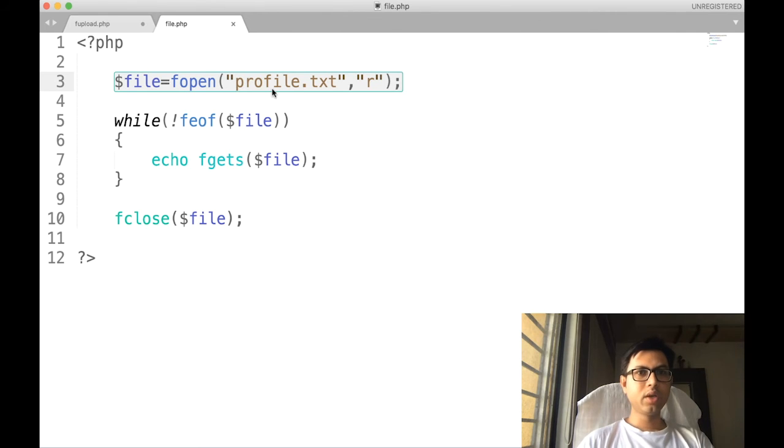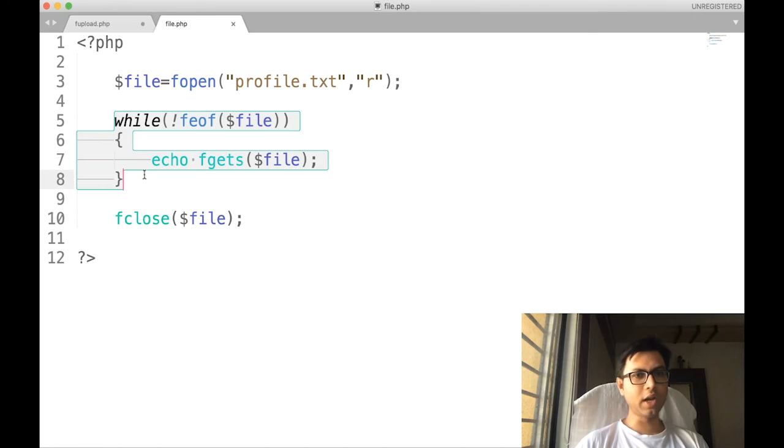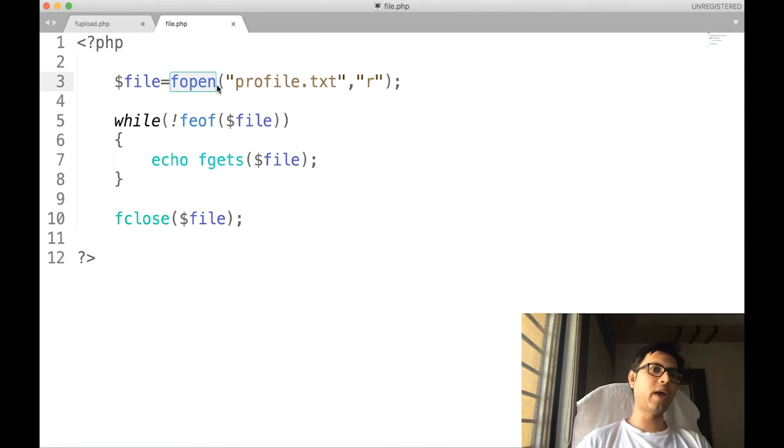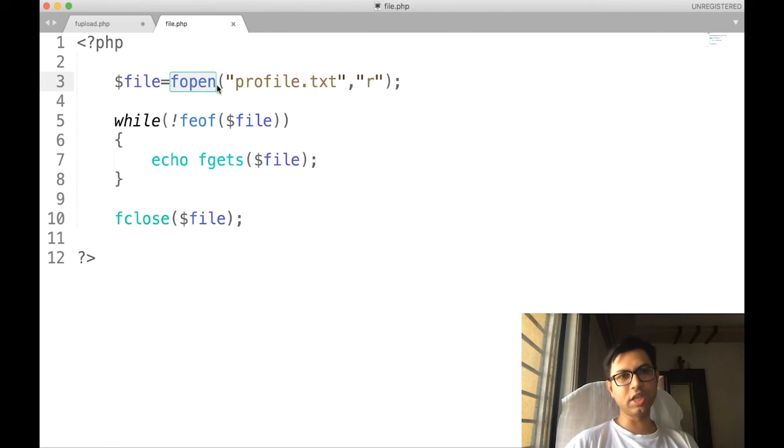First of all, we are opening the file using reading mode with this information, and after that, to read the file, we are using a while loop until the end of file is encountered. If you remember, the same kind of functions to handle files are used in languages like C, C++ and Java also.